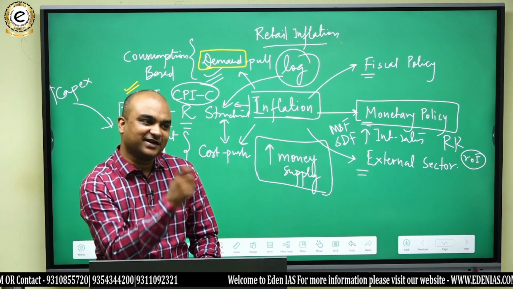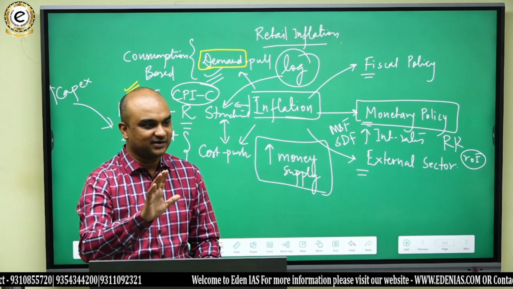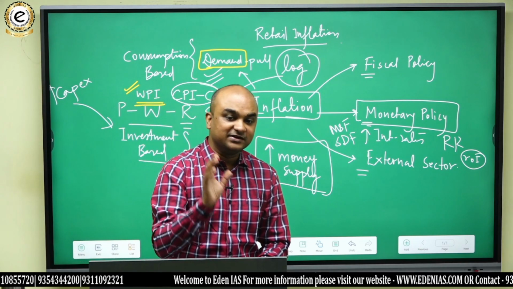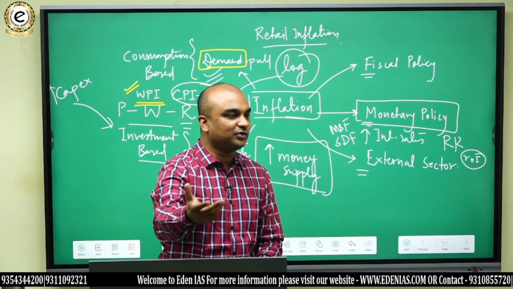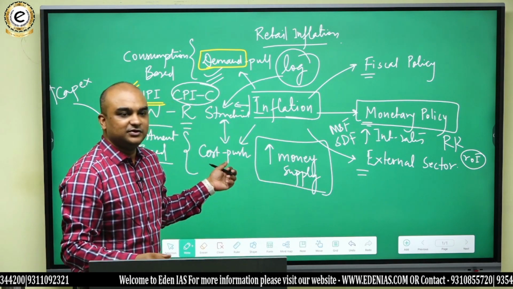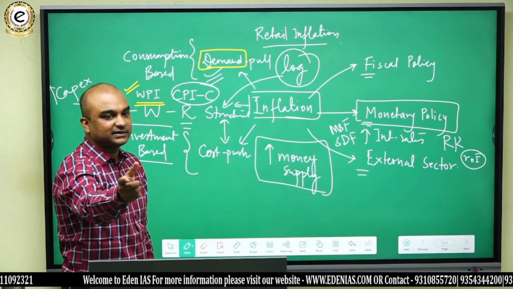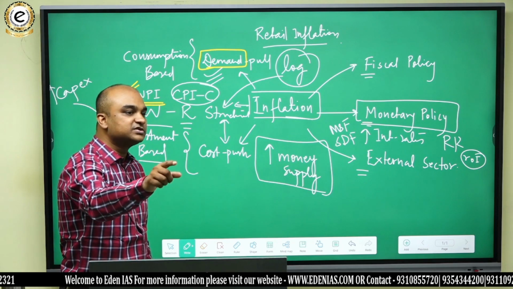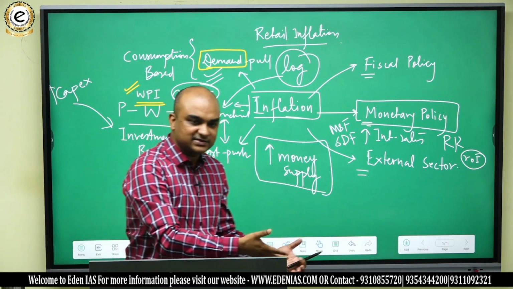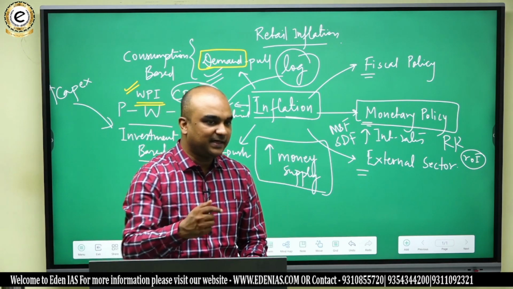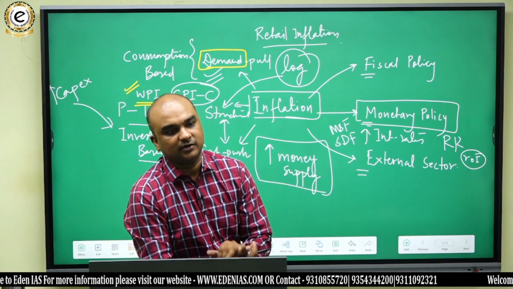Now, if I make a statement, if there is inflation, there will be monetary tightening. Is that statement correct? Not necessarily. Do you get that? Because generally there are other tools as well through which you can control inflation. Like say, for example, you do not do monetary tightening, but you give a kind of guideline to the banks that reduce the consumer loans and increase the capital loans. So people who take loan now invest in infrastructure, say for example, and that will improve the supply side, and thereby in that way will help in curbing inflation.